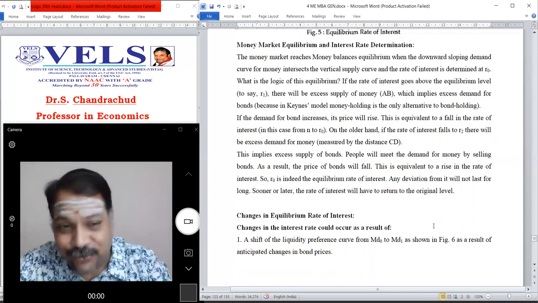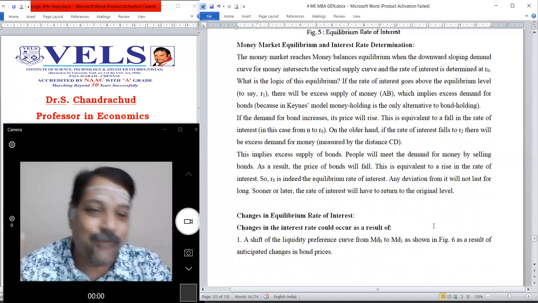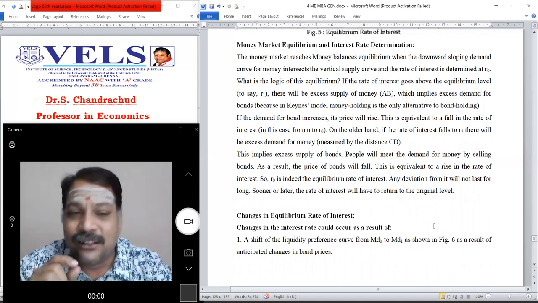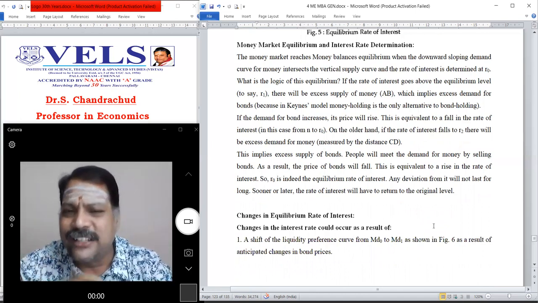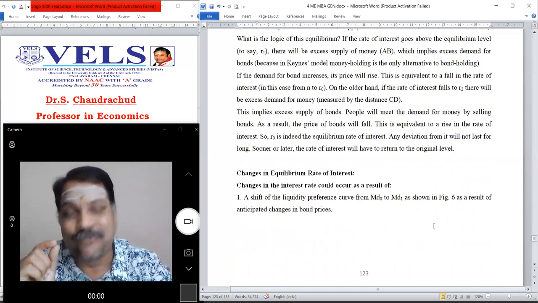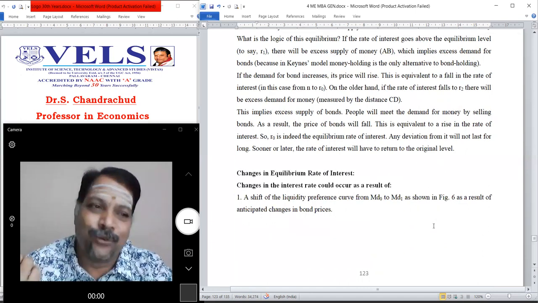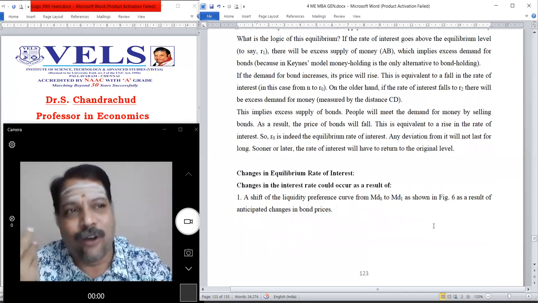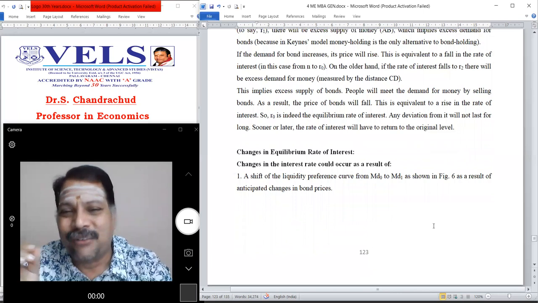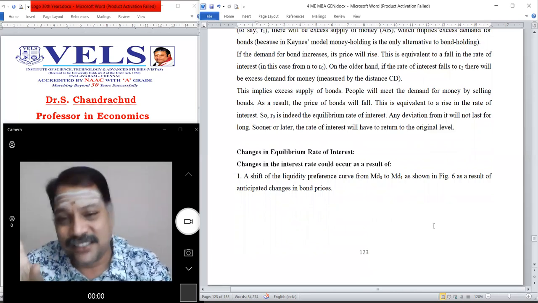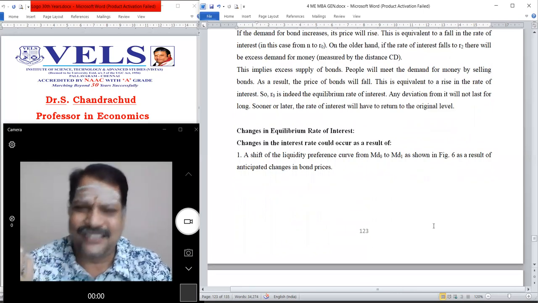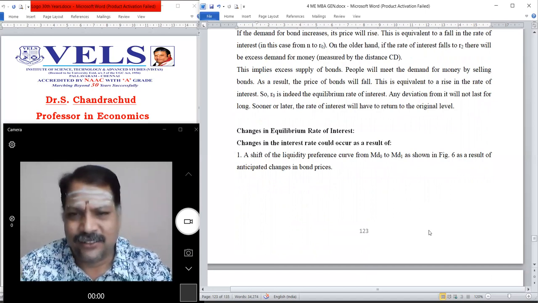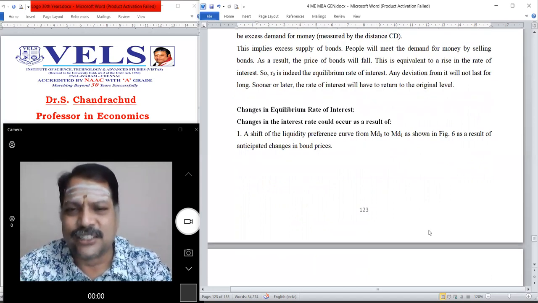Any deviation from this particular R0, either R1 or R2, will definitely bring a change in the interest rate. This is explained by this particular theory, the liquidity preference theory. This theory was believed by many people, and for a longer time it has been implemented. But a few economists have criticized this. Why? Because unrealistic assumptions are made. Some of the criticisms are,